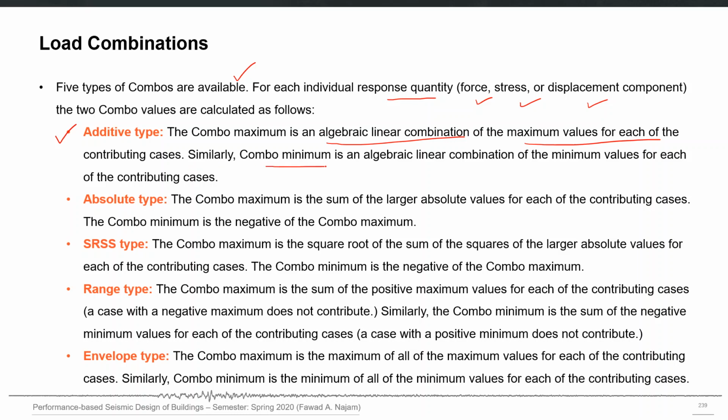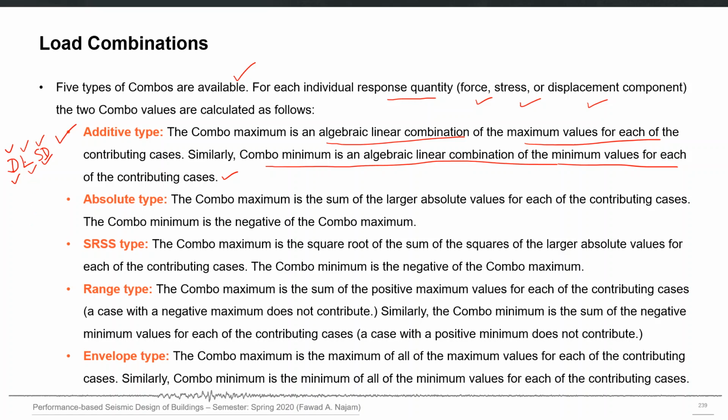Similarly, the combo minimum is the algebraic linear combination of the minimum values of each of the contributing cases. So for example, if you have 3 cases, dead, live and superimposed dead, and they are combined in a load combination with additive type, the combination maximum is the algebraic linear combination of the maximum values of each of these load cases.